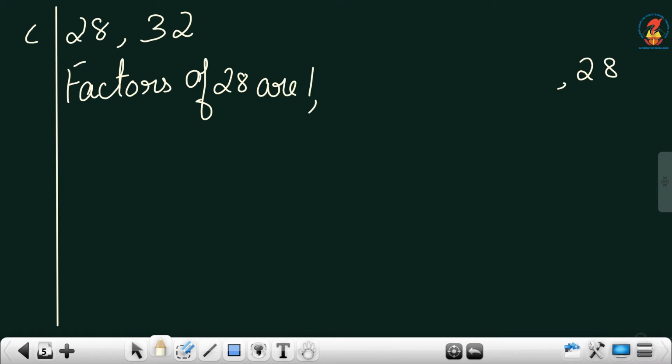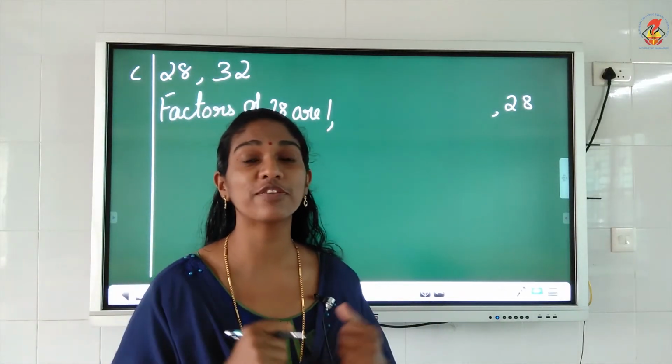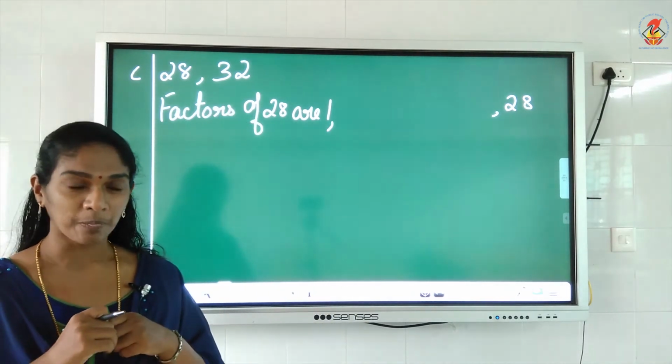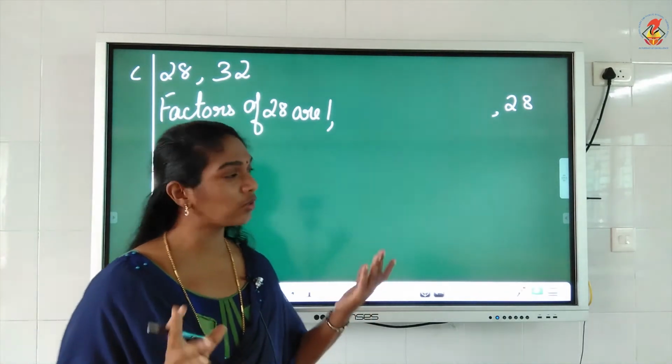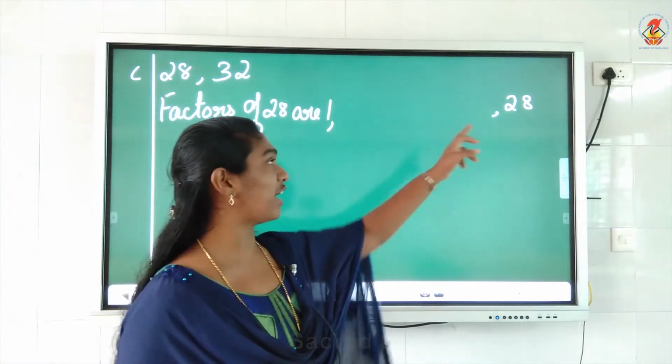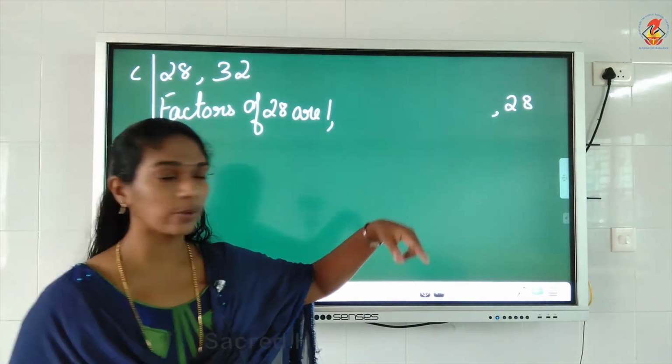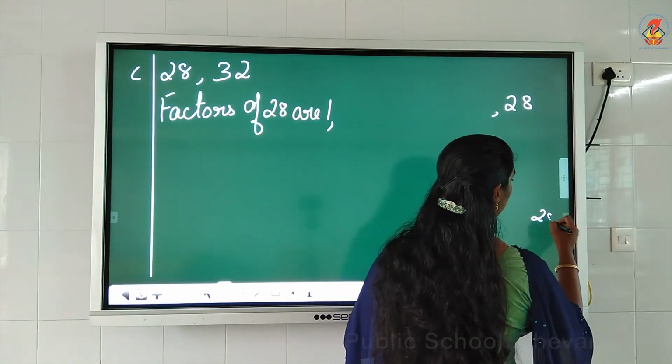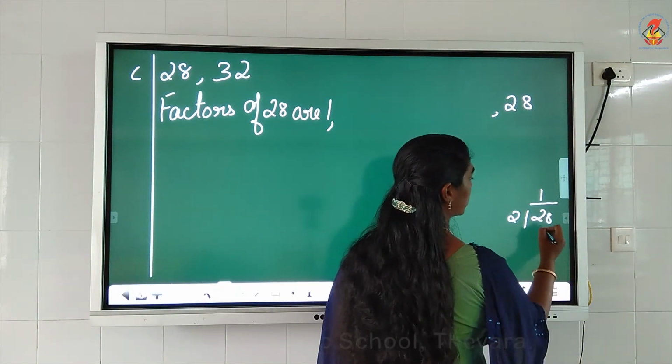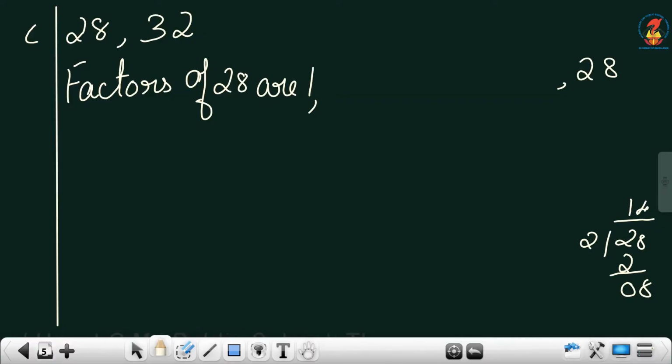Now, 2 stable. 2 into which number gives you 28? Now, in this case, if you don't know, I have already told you what you have to do. You will divide 28 with 2 to get the answer. Okay, you can do that in the working column. 28 you divide with 2, what you get? 1 time, this becomes 0, bring down 8, you get 4 2s are 8, when you minus, you get 0. So, 2 into 14 gives you 28. If you don't know, you can do that in the working column. Okay children? So 2 into 14 is 28.